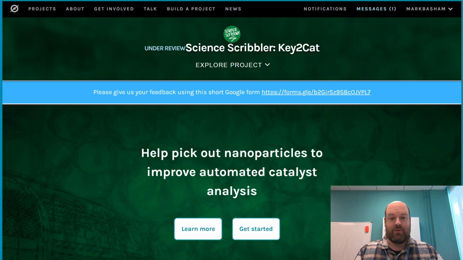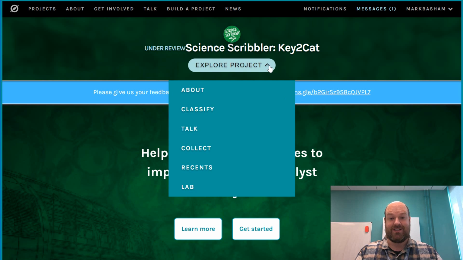So if you've been doing any Zooniverse projects in the past or any Science Scribbler projects in the past, then you'll probably know most of what we need to do here. But we're going to run through a few things anyway if you're new or just in case you want a refresher. So to begin with, the first thing that's really useful to do is to take a quick look at